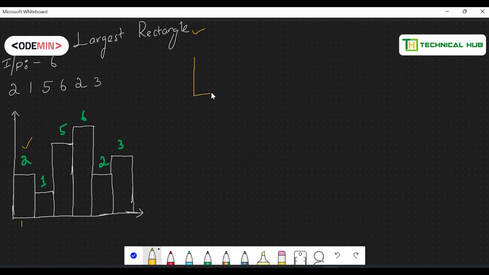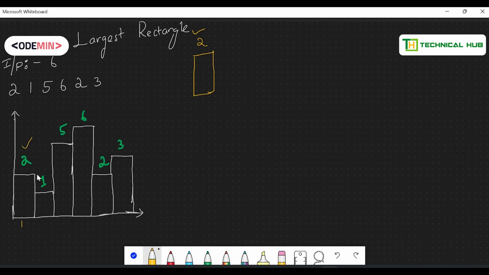If I take the first histogram, which is of height 2, what is the maximum rectangle I can create? Can I extend this height 2 towards its right? No, I can't extend, because if you observe clearly, the height of my first histogram is 2 and the height of my second histogram is 1. Extending would exclude the height of the first histogram.